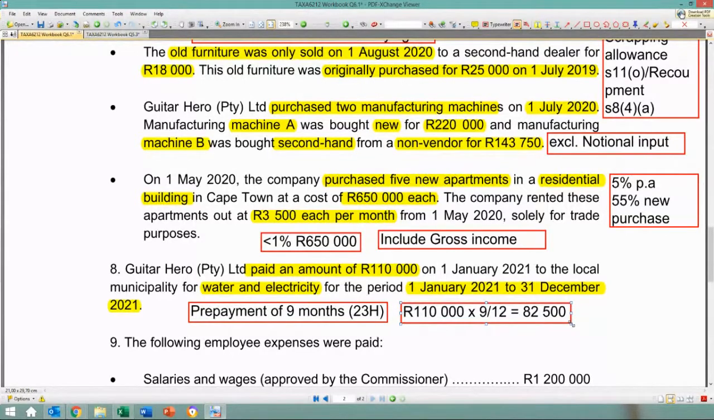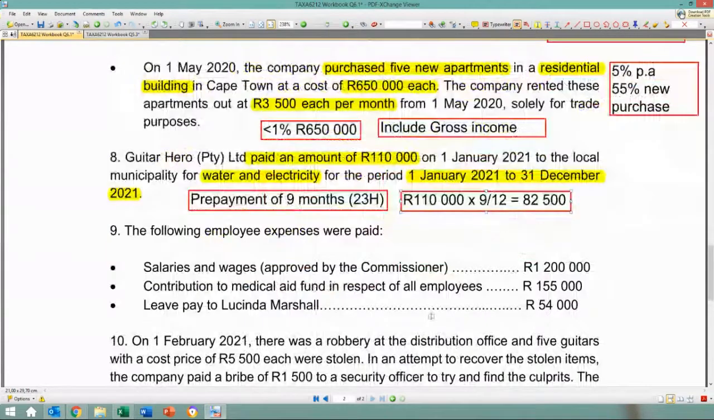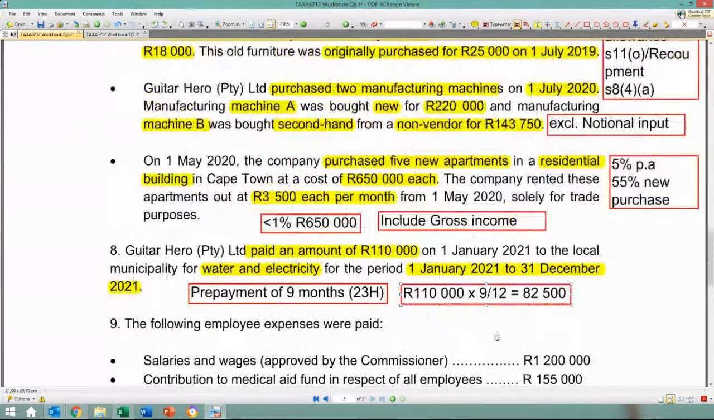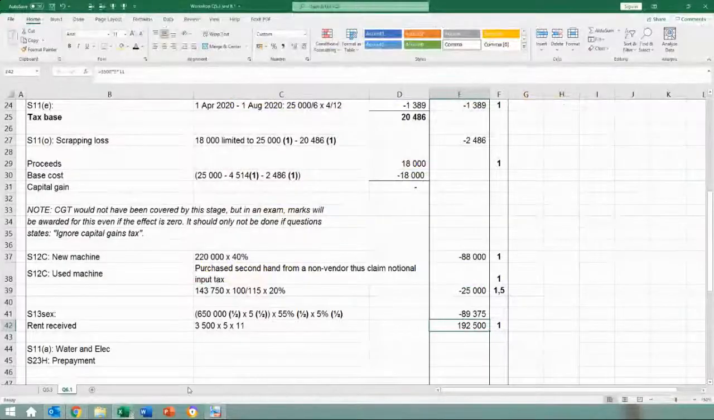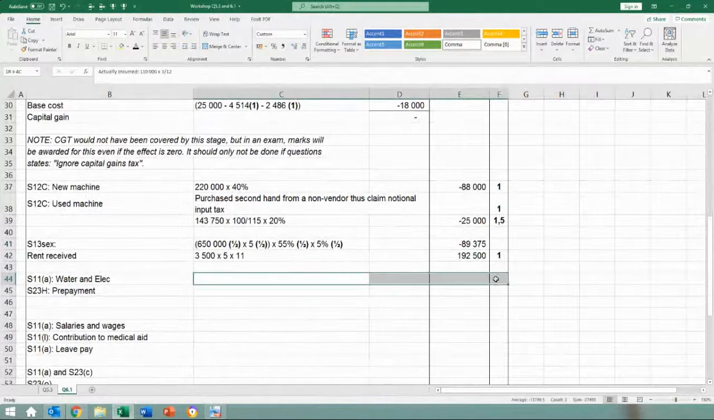The second requirement is whether this amount is less than 100,000. Because I've already gone through the rest of the information, I know there are no other prepayments. So this amount is less than 100,000, which then means you can deduct it in the same period. But for disclosure purposes in your test,